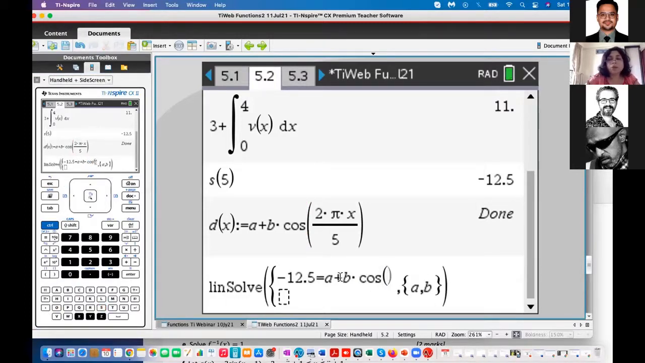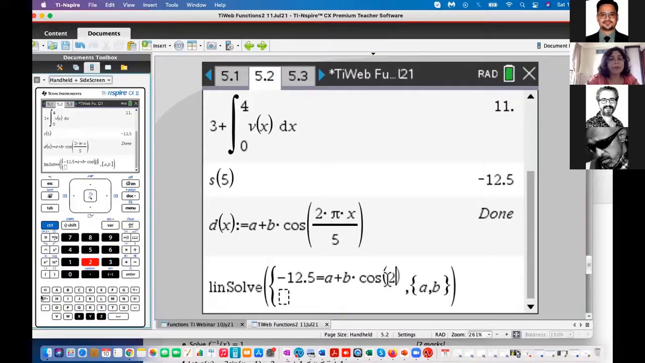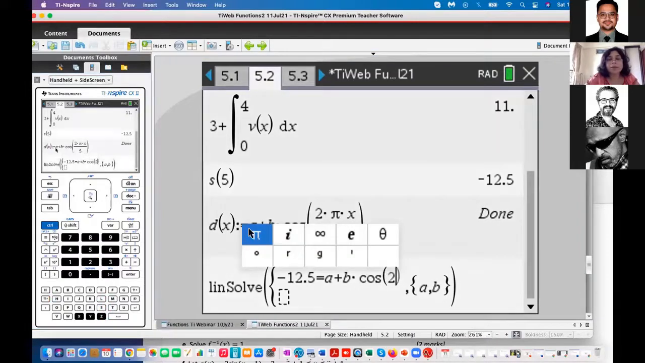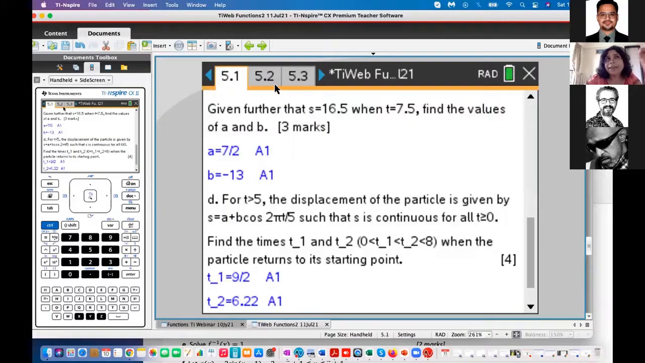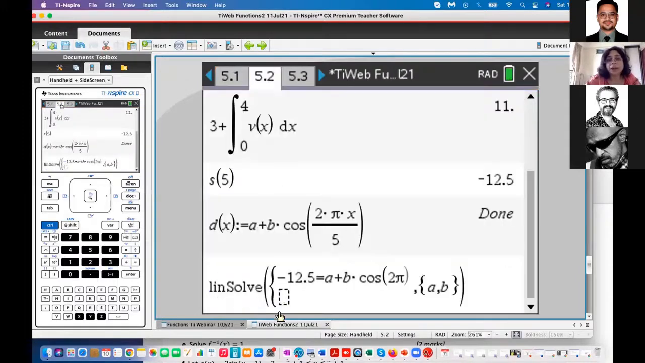Okay, cos of 2 pi. Yeah, and the other part is what information has been given here. Because at T equals 5, it is a common point between the two displacement functions. So this is 16.5 and T is 7.5. So I'm going to go here and I'm going to write 16.5